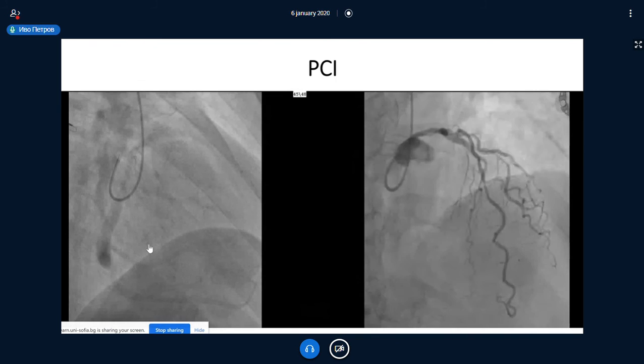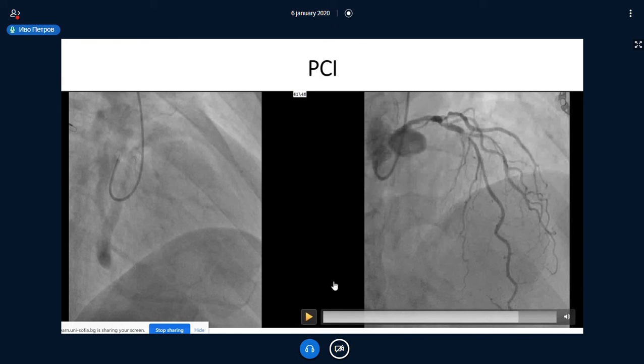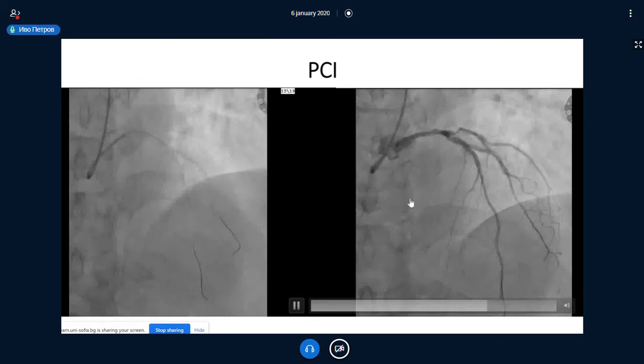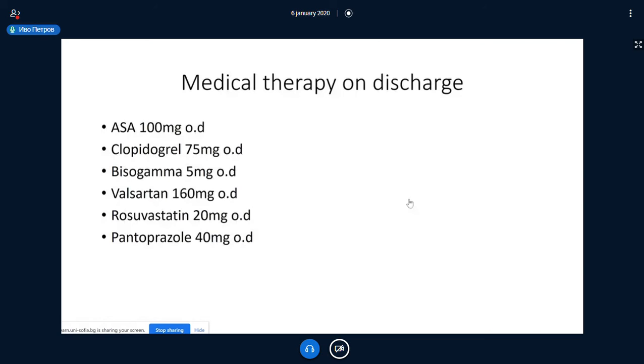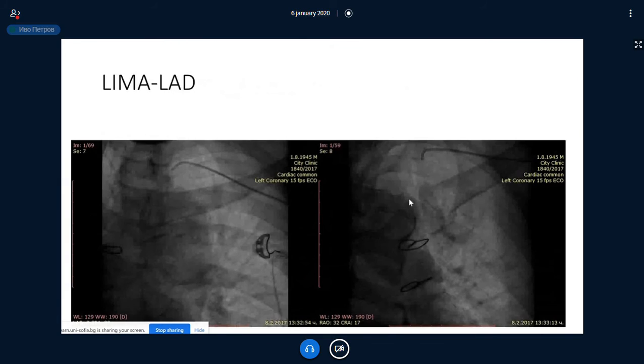Because of the stenosis shown on the LAD, here at the bifurcation of the LAD with the diagonal branch, there are significant stenoses, and a significant stenosis of the ostial LAD at this point. Because of that, two wires were placed in order to protect both the LAD and the diagonal branch, and the